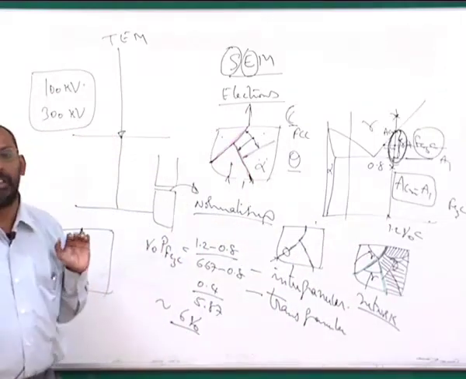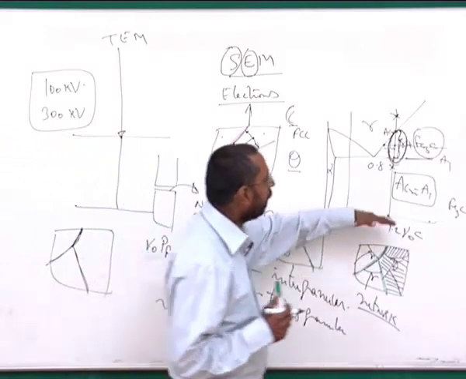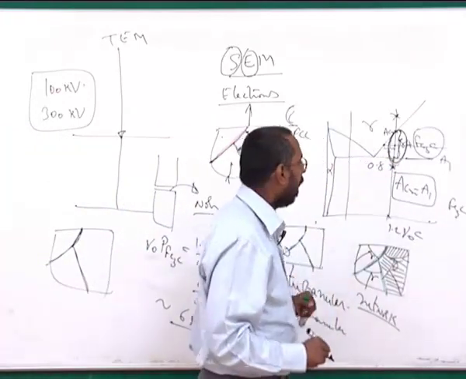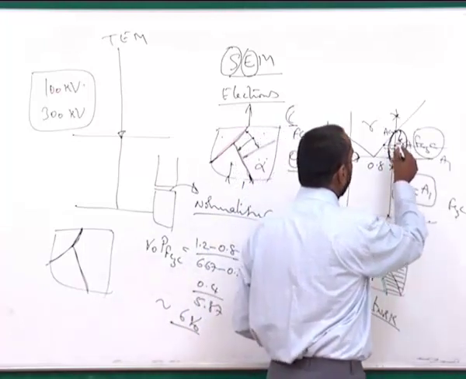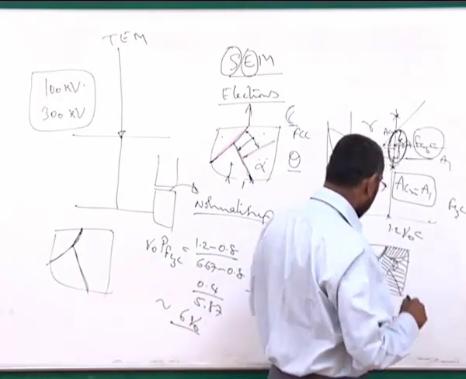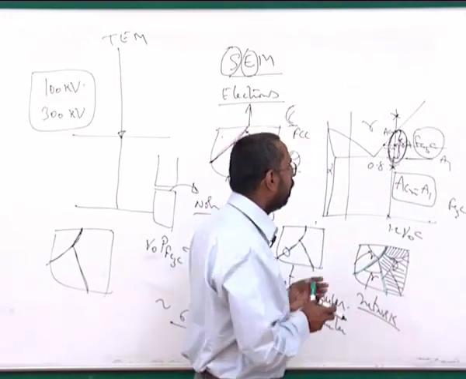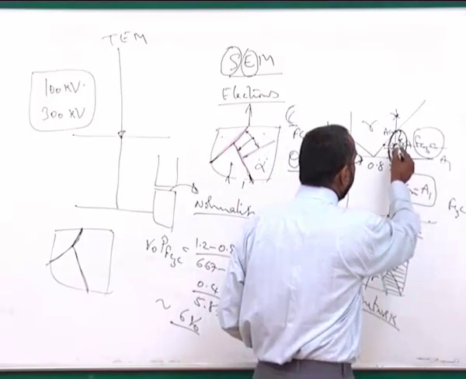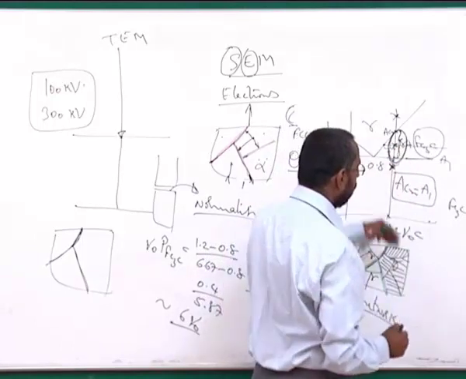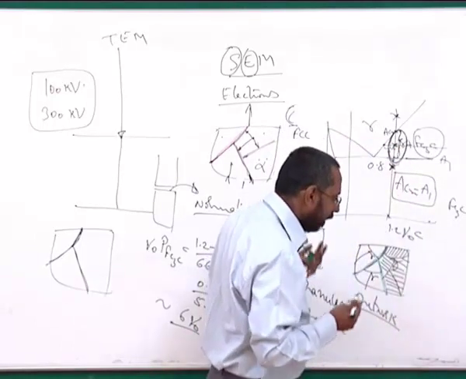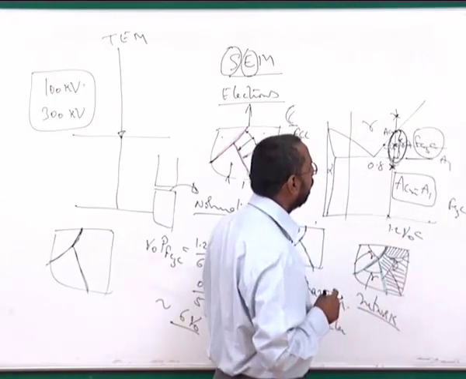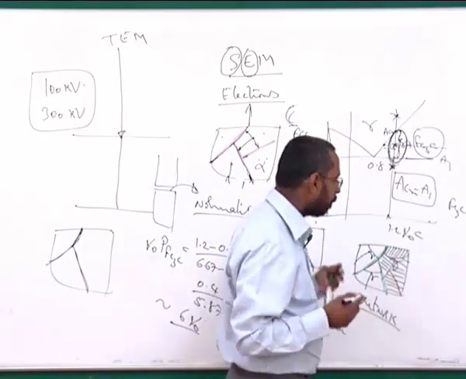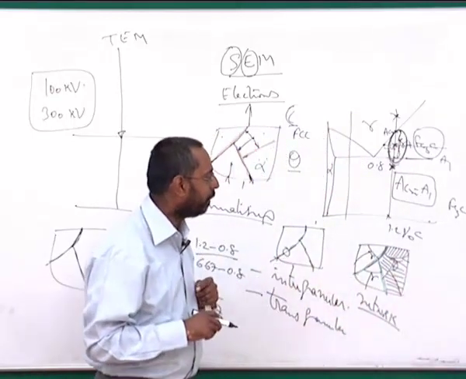Can we do some kind of salvaging? That is where you can heat it back to a temperature which is below the eutectoid, or you can heat it to a temperature above the eutectoid, depending on the type of alloy. For example, you can heat it back to this temperature or this temperature, depending on the availability of furnace with you. In principle, the higher the temperature, the better, because diffusion rates are higher